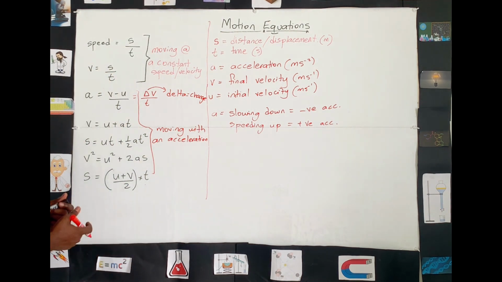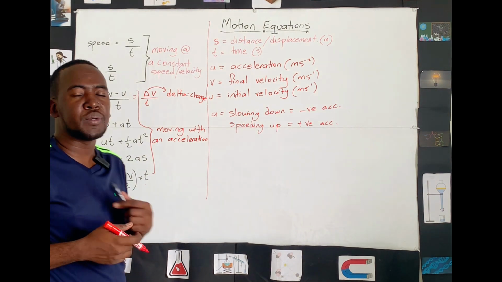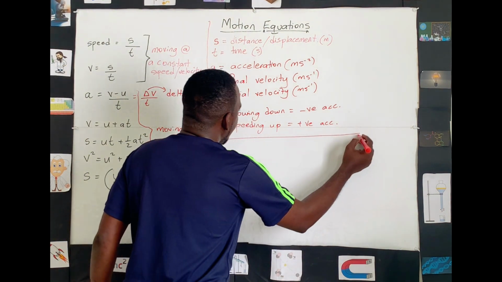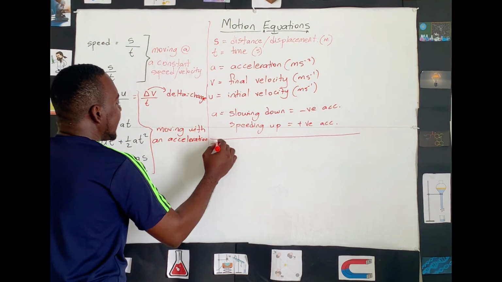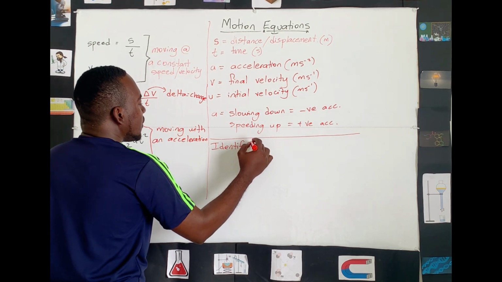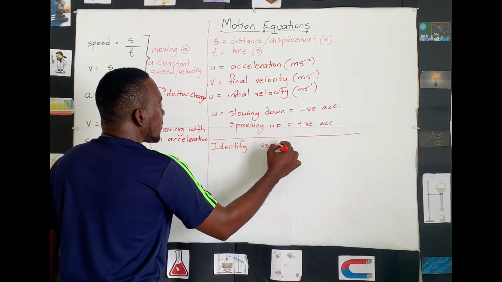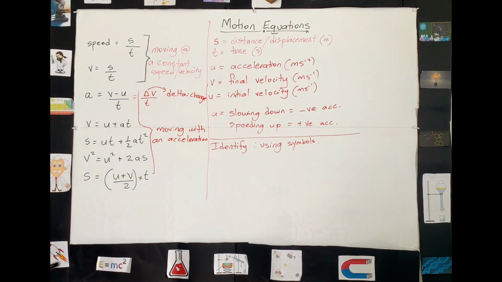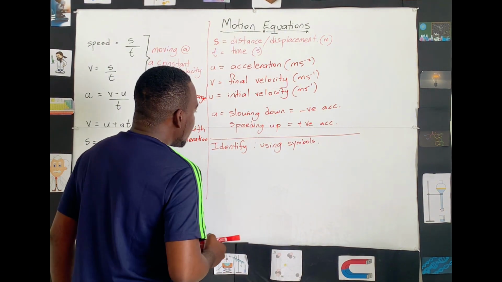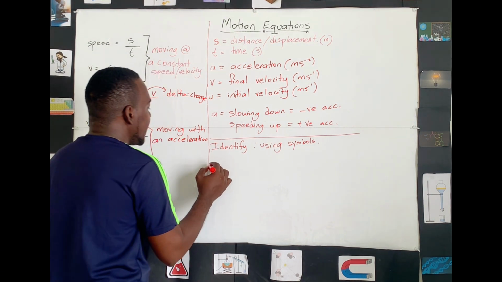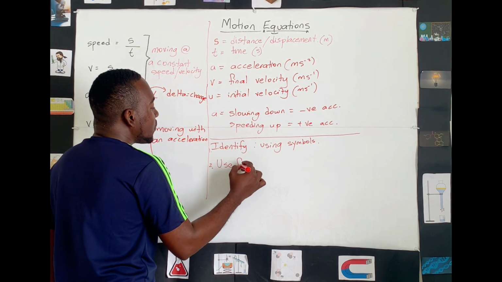Alright, now when do we use these formulas? Or which formula to use under which situation? Now, I always like to go with these steps. The first step is to identify what we're given using symbols. So once we use our symbols, we know what we're given, right? Once we know what we're given and what we need to find, then the next step is use formulas